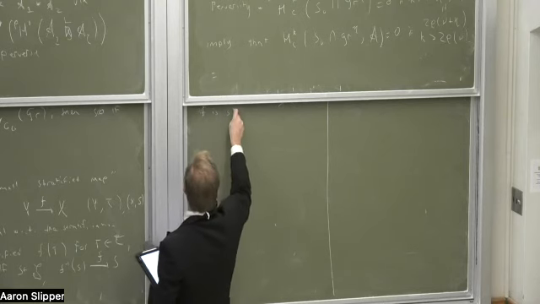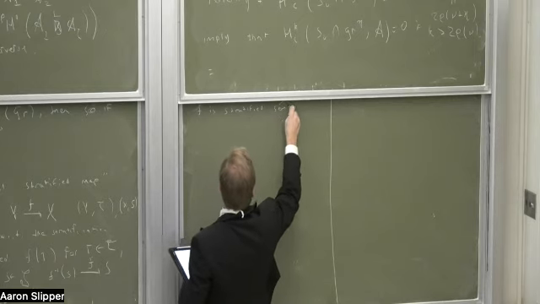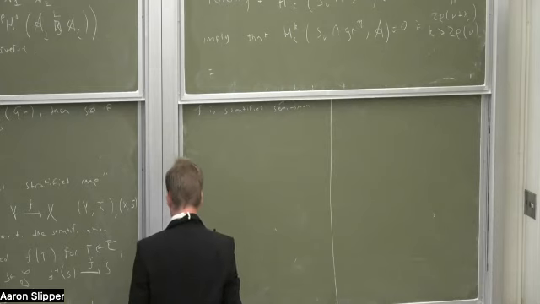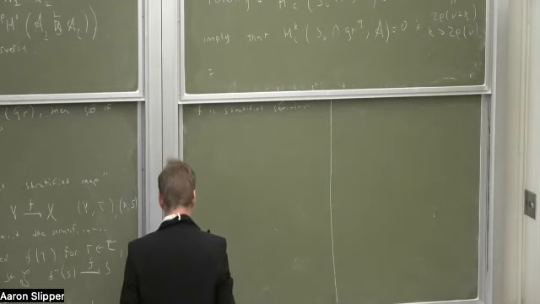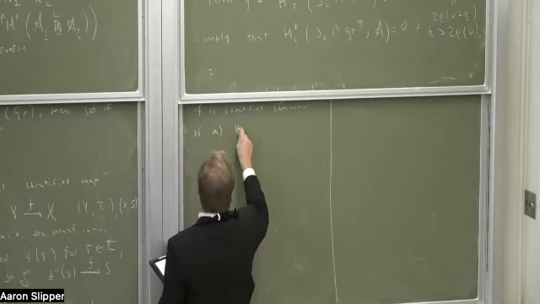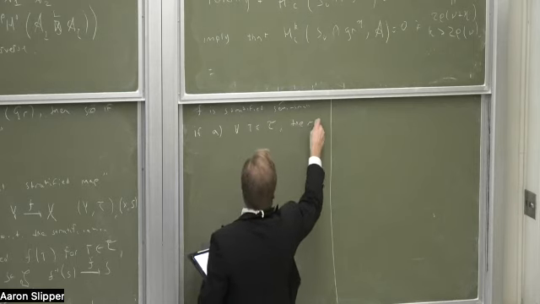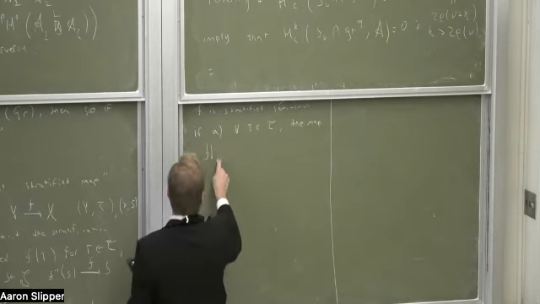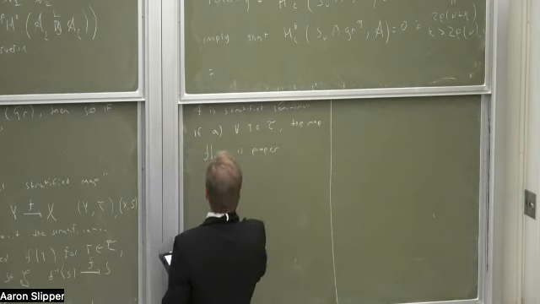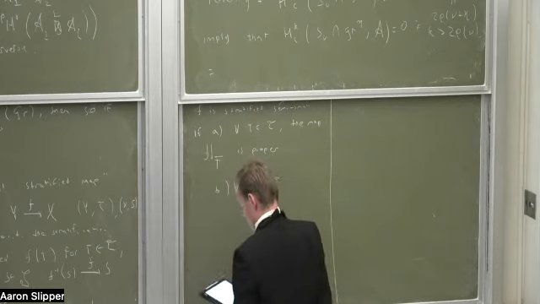F is stratified semi-small if, (a) for all T, the map F restricted to T, its closure, is proper. For all T, and this is a really critical constraint,